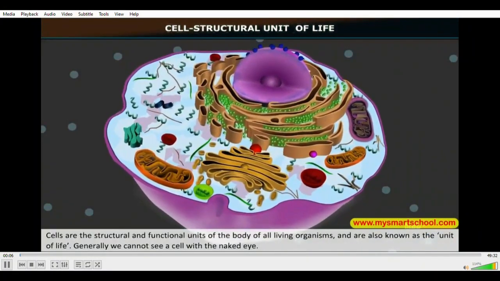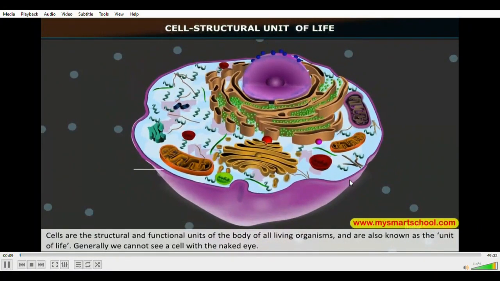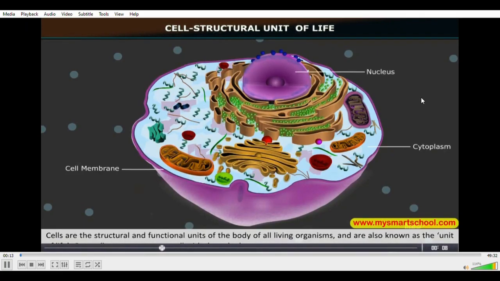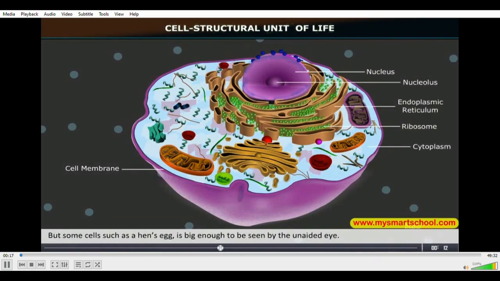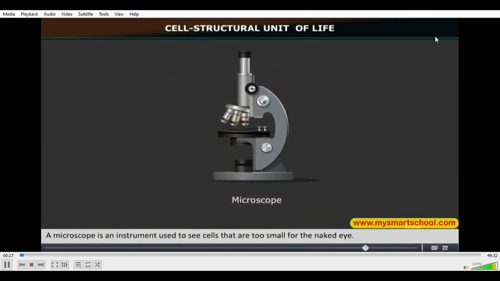Cell, a structural unit. Cells are the structural and functional units of the body of all living organisms and also are known as the unit of life. Generally, we cannot see a cell with the naked eye, but some cells, such as a hen's egg, are big enough to be seen by the unaided eye. A microscope is an instrument used to see cells that are too small